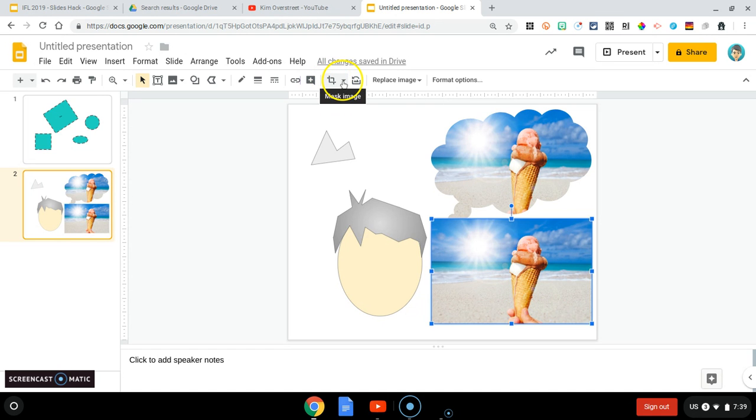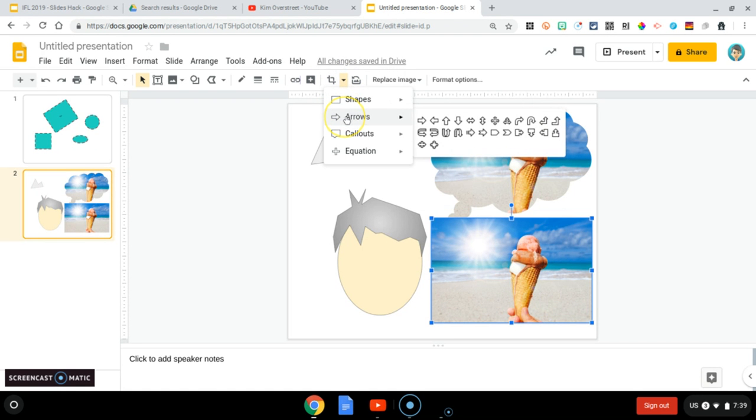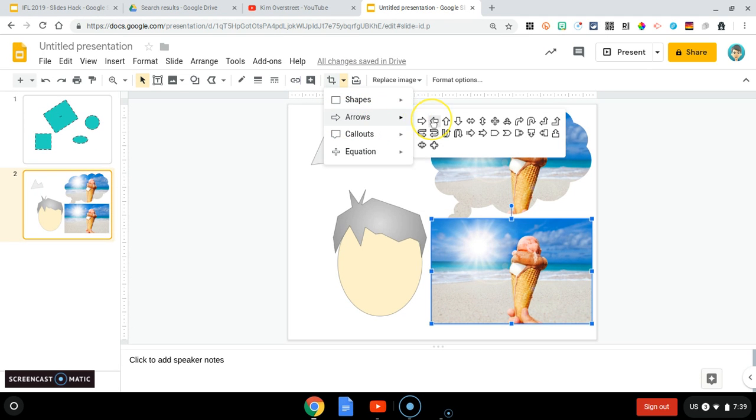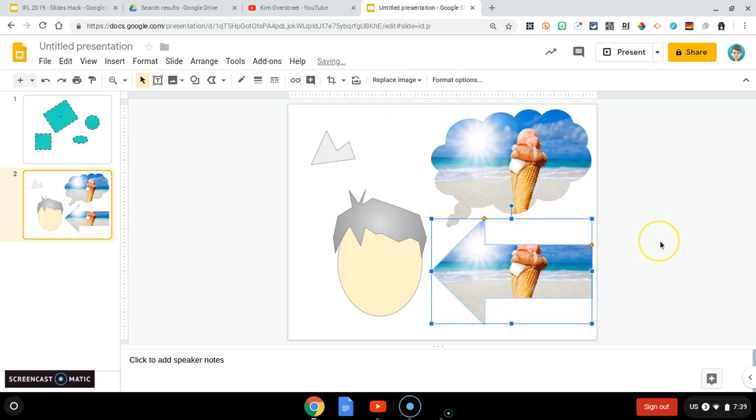If I just click on that, it will crop it. But if I click on the arrow next to it, it will allow me to change it into a shape. So there is the shape. I like this one because I am dreaming of summer right now, and I'm dreaming of ice cream as well. Hope you found something helpful here in making shapes and